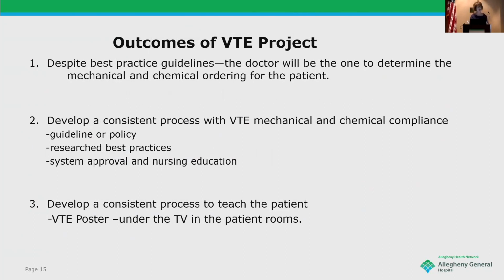And what we did is we took the best out of all of these articles to do a pilot on our best practice. We did achieve system approval, and with nursing education and continued nursing education, we have made our policy pretty much a nice guideline to follow, and something that really covers the nurse with documentation. And then third of all, we did develop a specific and consistent practice to teach the patient. We developed a VTE poster, and this was widely accepted through our Nursing Professional Practice Council. They said, oh my gosh, that's great. We don't have to hand somebody a piece of paper that will just go into the trash basket. So we developed this poster,